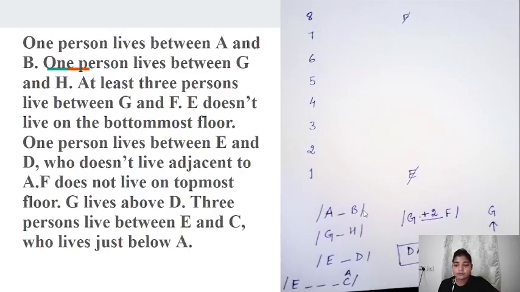Why I have put these two dashes around them: this means to me that A can come on any side, or B can come on any side. So when I write like this, A and B are interchangeable. This also reminds me that G, H are interchangeable, and E, D are interchangeable.